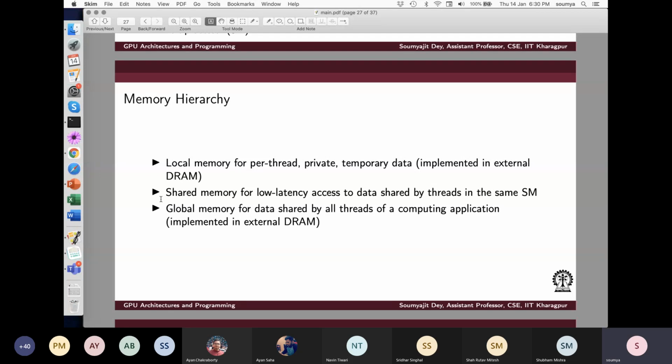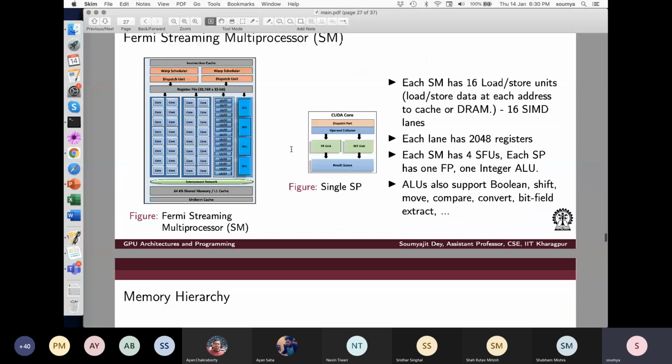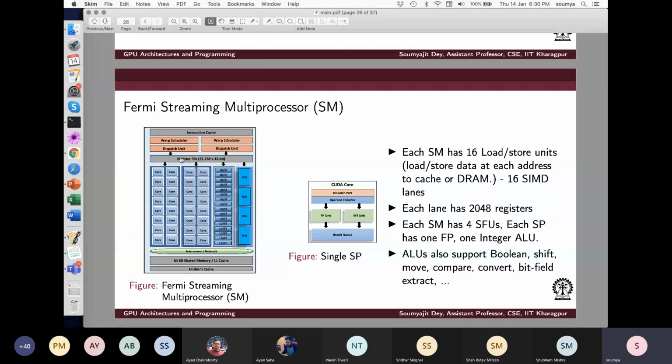So what is missing here is the local memory. You can think like this: you have the DRAM, which is a global memory, but a part of it is also reserved for each of the SPs for its own personal usage. Now let's understand why that is done. You may think that each SP has got some part of the register file assigned to it. This is a big register file, and some part of it goes to this core, some part goes to this core, like that. Goes to means that it is kind of the owner of this part. Are you getting my point? Yes.